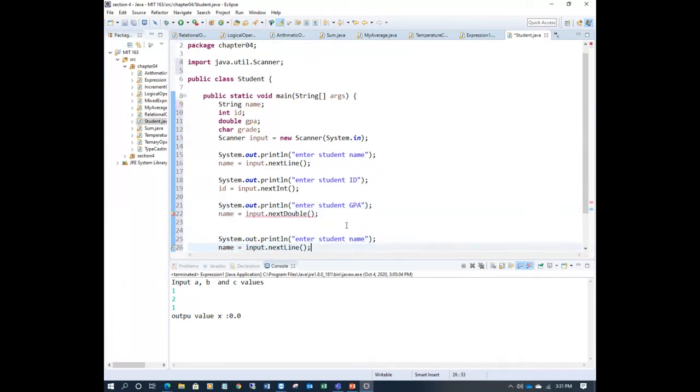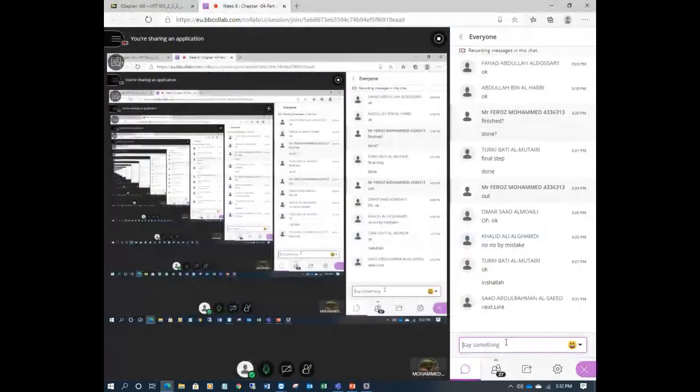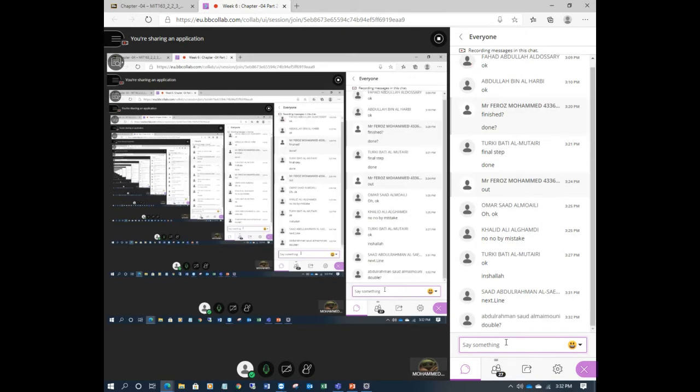Now next is student grade, right? So what is the method? Can anyone tell me what is the method for student grade? Write it down here quickly. What is the method to read a single character?